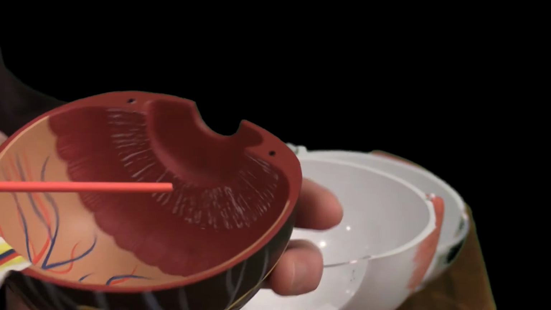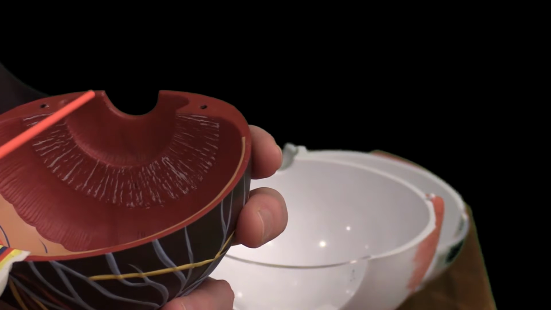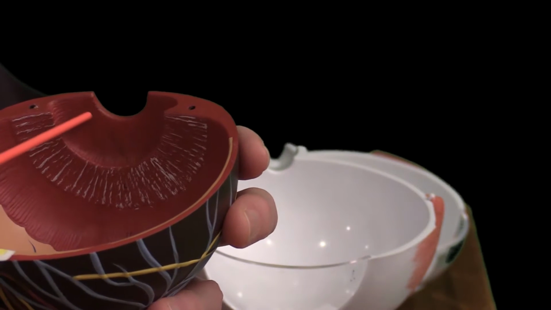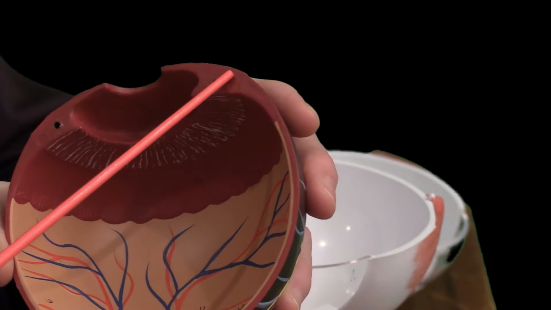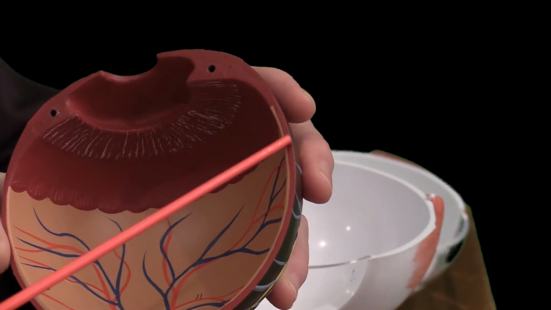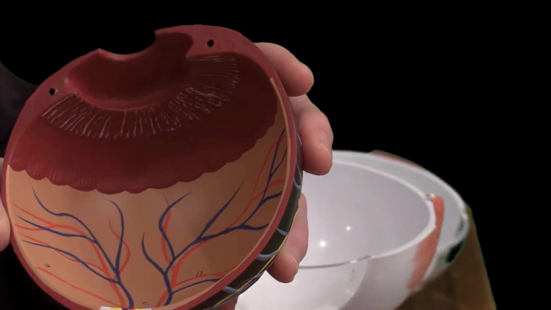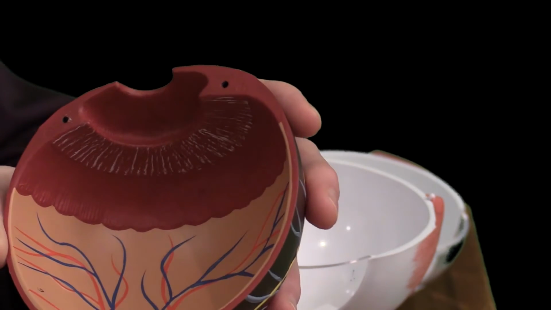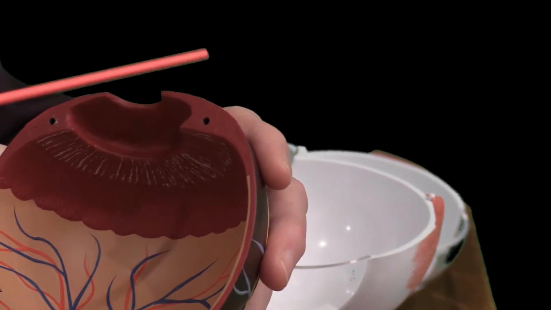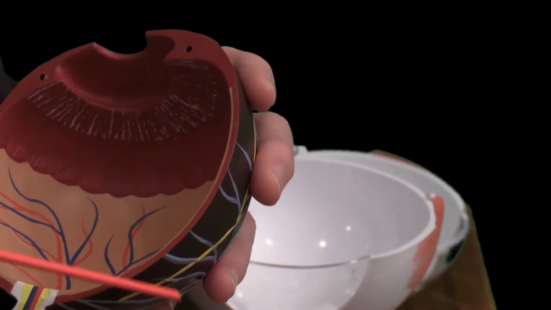Now when we look anterior to the ciliary body, we see the back of the iris. And notice the back of the iris is quite dark. If we follow this around, we see that the ciliary body here, this burgundy color, is continuous with the choroid. And that in its entirety is what is the uvea. So when we consider the ciliary body, the iris, and the choroid, that is the uvea or the vascular tunic